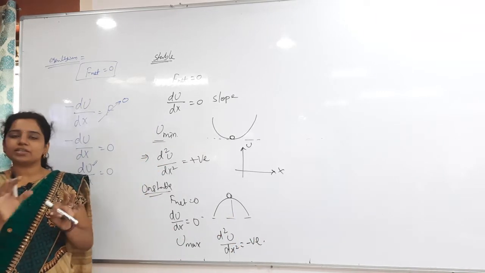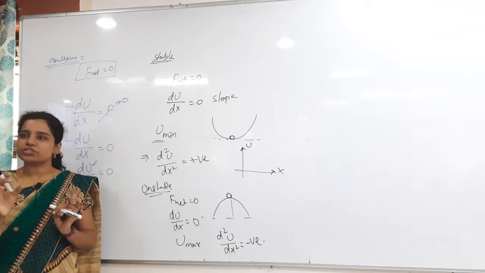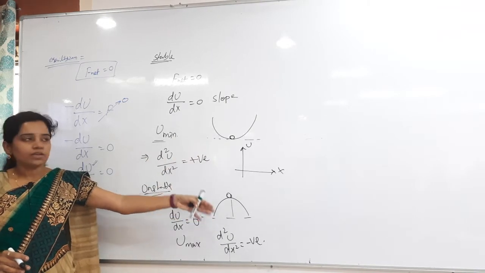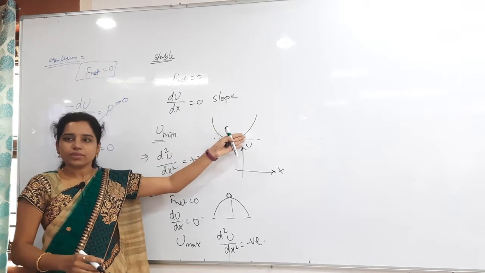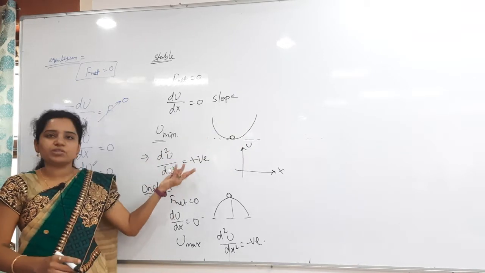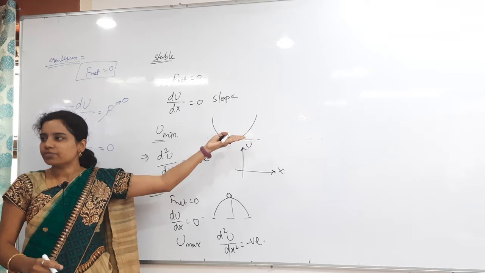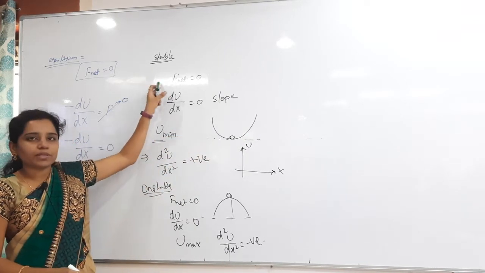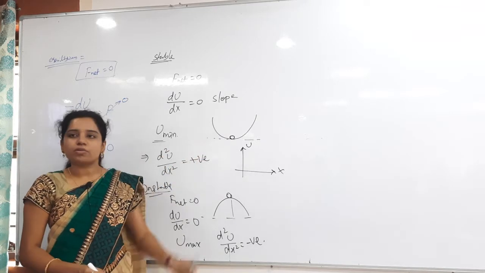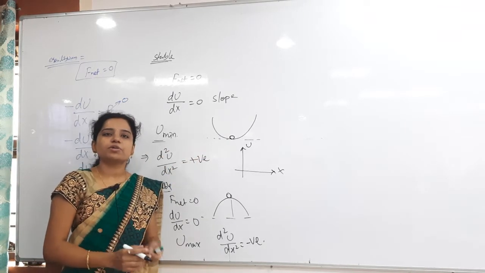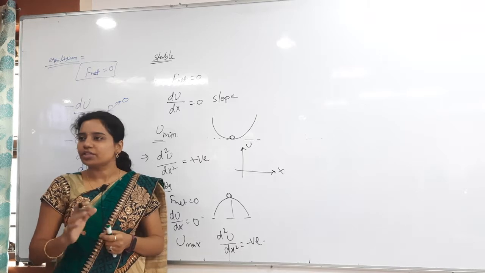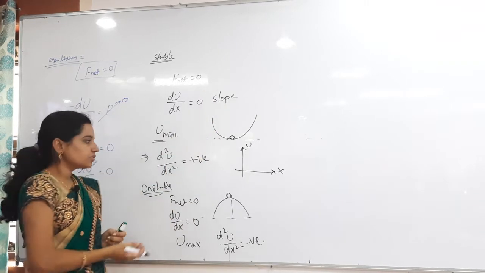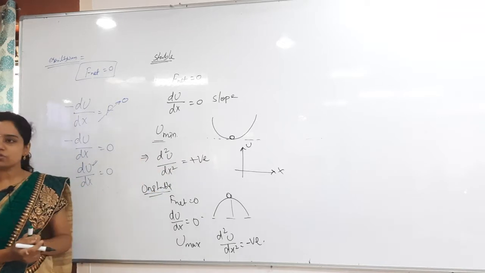Understand? Don't remember anything, don't learn by heart first of all. I told you the shortcut, I did not explain normal methods, I just told you everything is shortcut only here. So this is not the graph, but I said it is positive. Why? Because you can compare the graph with this one directly. So whenever it is the stable equilibrium, nothing but it is at the bottom of the bowl, so that potential energy will be how much? Minimum. Why? Because it is not having any height. So whenever you see the curvature, that is a positive curvature. So d square u by dx square is equal to positive.